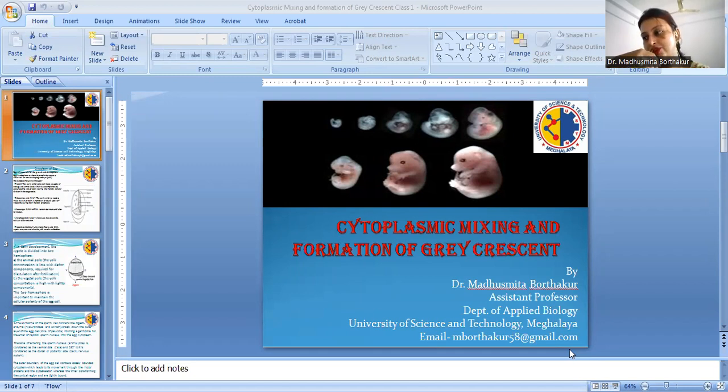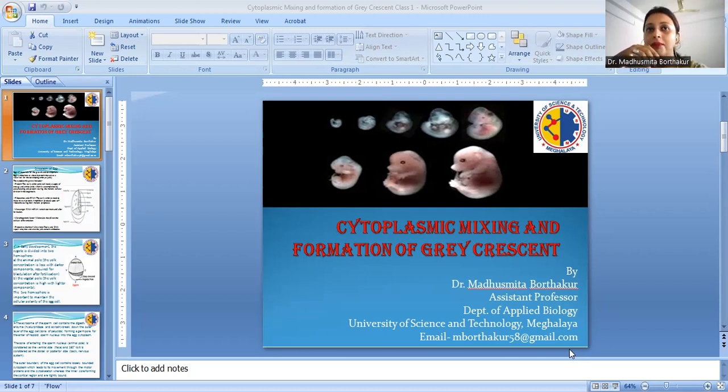In developmental biology, we learn about how embryos are formed from a single cell. From that embryo, how it develops into a tissue, how from the tissue it develops into an organ, and what are the roles of the other components it plays during its further development. So before that, we learn about the cytoplasmic mixing and the formation of the gray crescent, how this embryo is